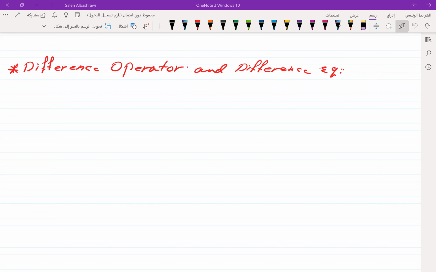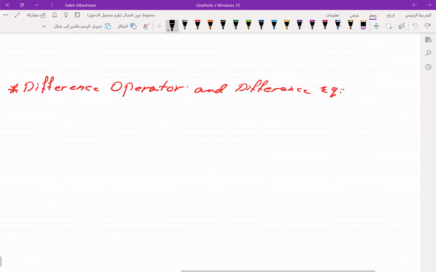Bismillahirrahmanirrahim. In this lecture, we are going to speak about the finite difference operator and difference equation. Start by defining the finite difference operator. The difference operator is defined by the form or the formula